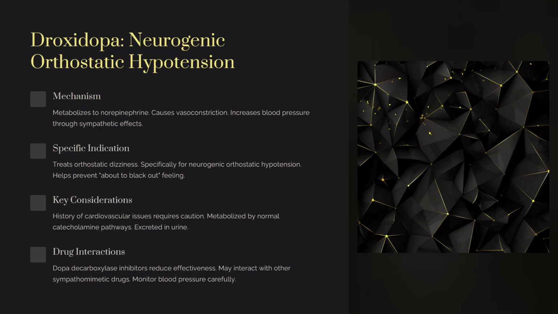All right, droxidopa. This is indicated for neurogenic orthostatic hypotension. I should have increased the size of this. It may interact with other things they're taking that are increasing their blood pressure, like some of those drugs that we've already talked about, and it could be excessive. So just be careful when you're